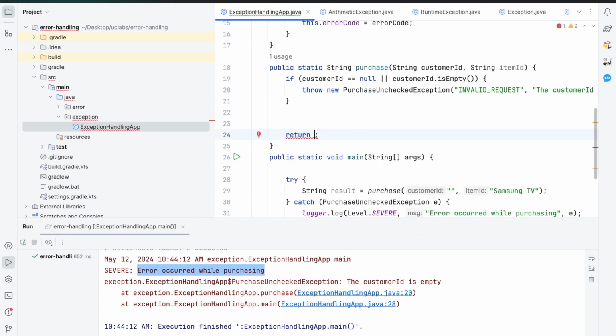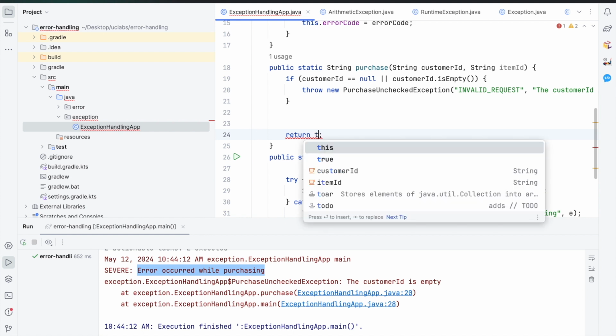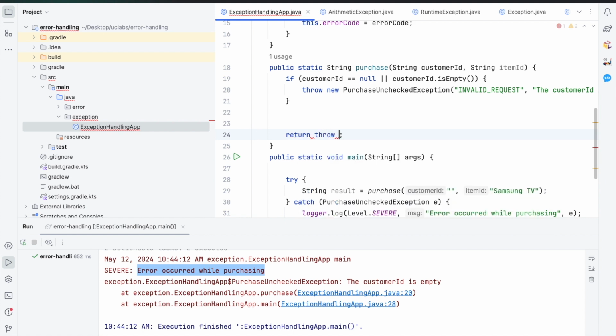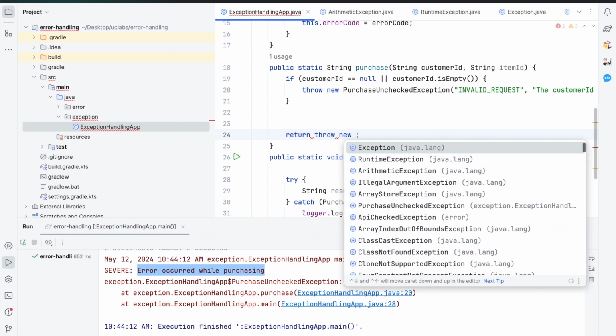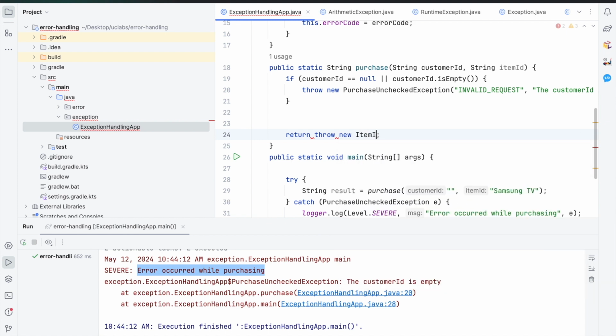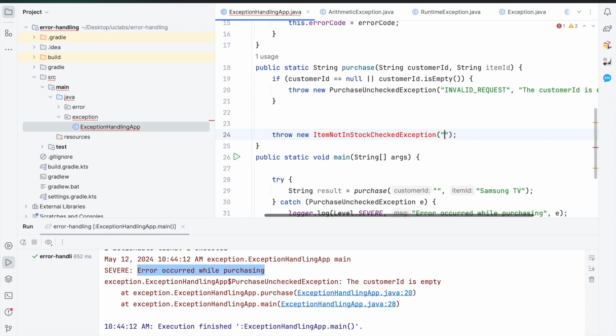It's not available in the stock, so I want to throw a new checked exception called item not in stock, and there is no return for the exception, by the way. So for the exceptions I don't return, I throw the exception. It takes a message